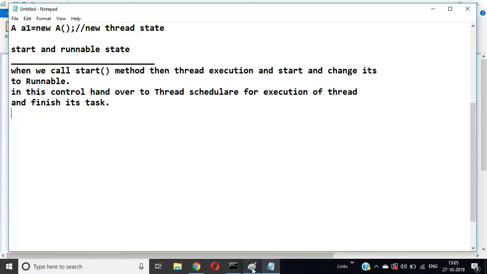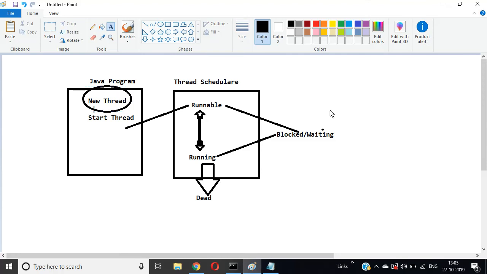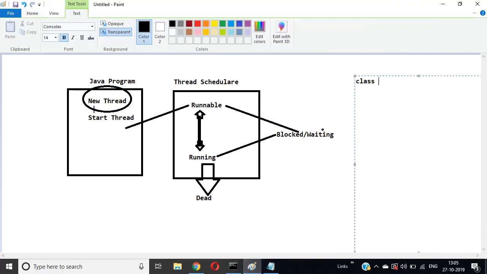extends Thread, class A extends Thread, then I can write here public void run, public void run, and I am writing here thread logics, thread logics here. Like we wrote A a1 = new A(), when I write a1.start, when I write a1.start,